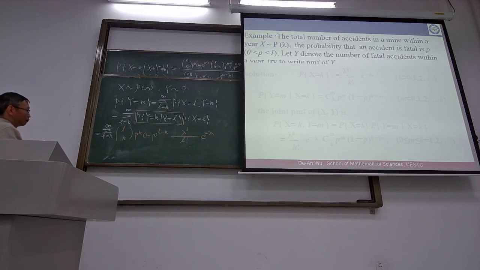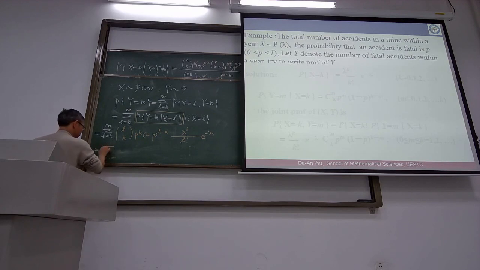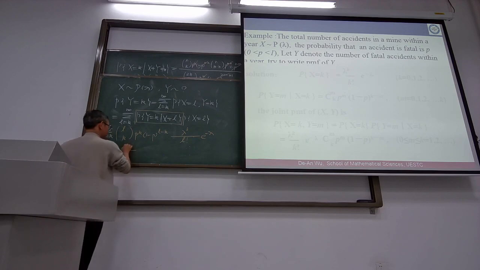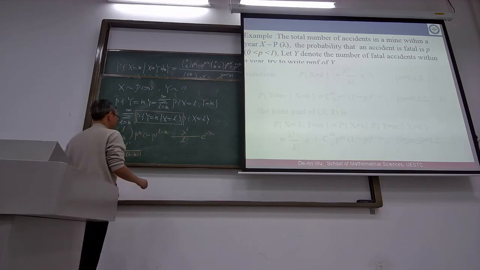Then how to simplify this one? It gives l factorial over k factorial times l minus k factorial, and